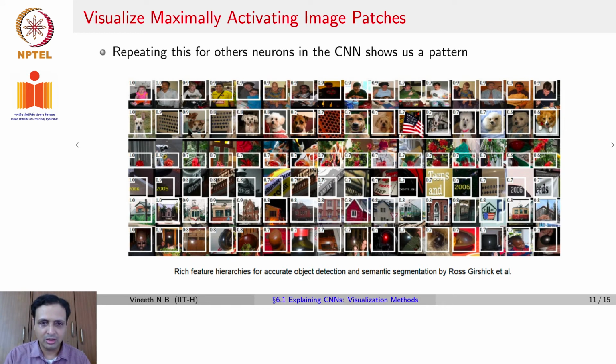The second neuron here seems to be capturing different dogs, maybe some honeycomb kind of pattern, maybe even a US flag where it thought that honeycomb kind of pattern is present. A third neuron captures a certain red blob across all of the images. A fourth neuron captures digits in images. And if you look at the last neuron here, the sixth row, you see that it seems to be capturing specular reflection in all of the images.